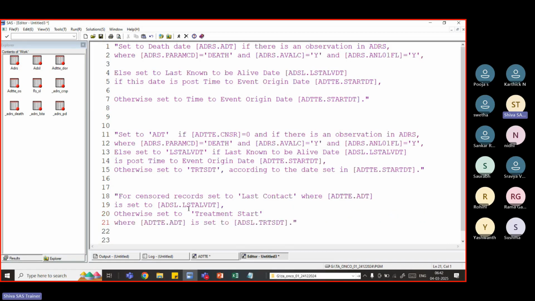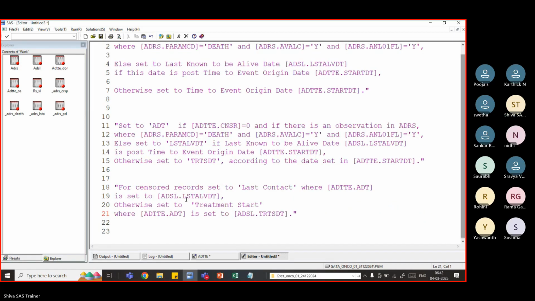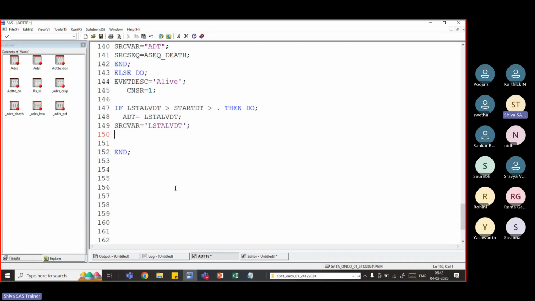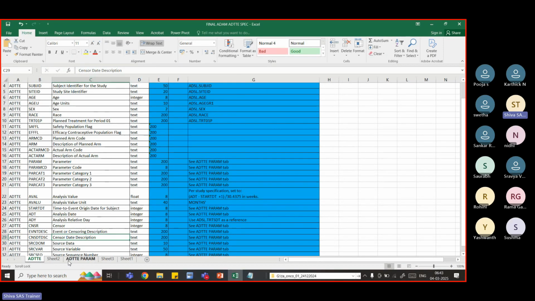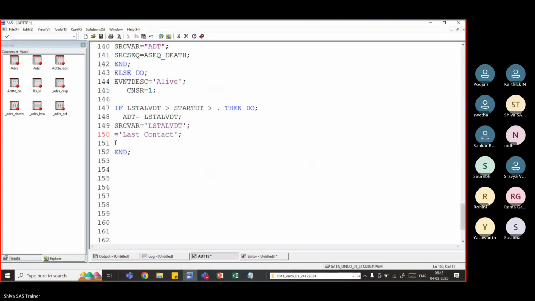Okay, so for censor record set to the last contact. Okay, so this one we give as, this is censor date description. Censor date description is the last contact. Okay,